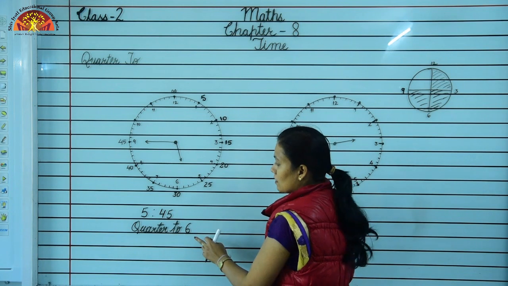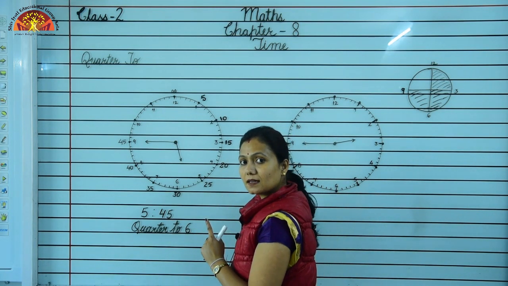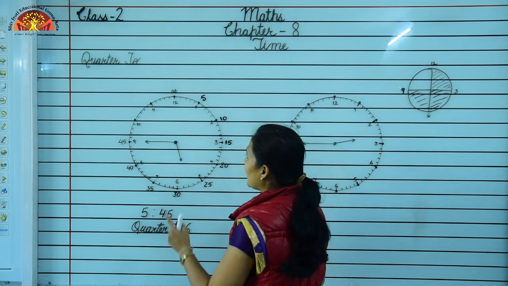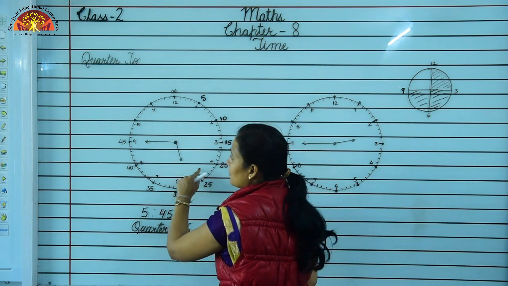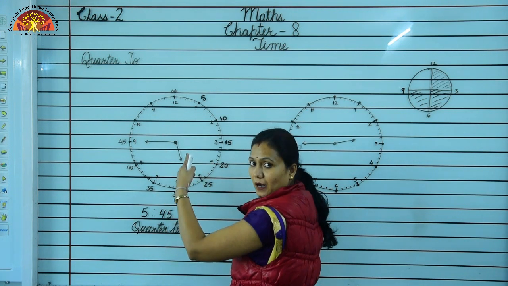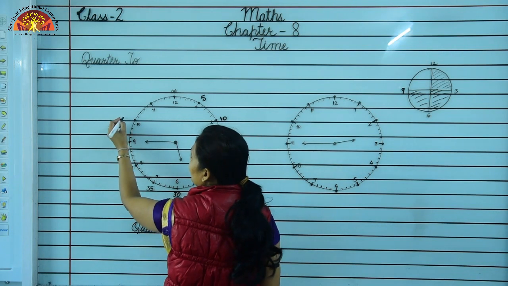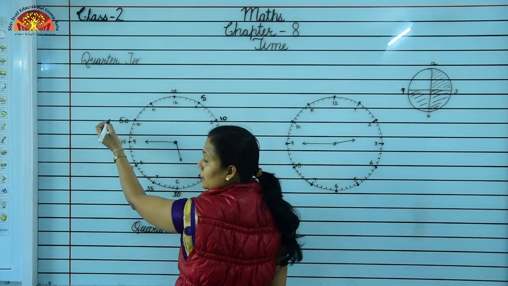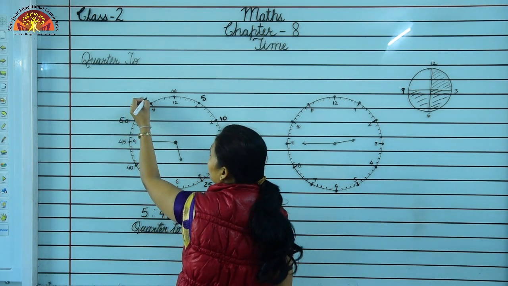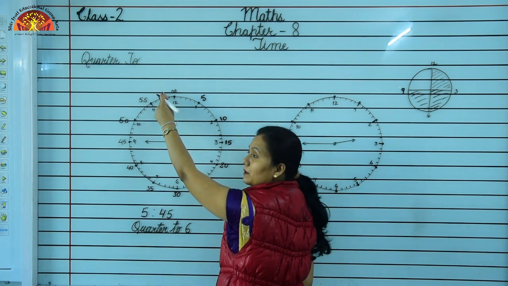How? Because as I have explained to you, the fourth part is quarter to, and here you can see it has completed 3 parts out of the 4 parts, right? Here it is 45 minutes. Now here it will be 50, here 55, and at 12 we say that it is 00 minutes.